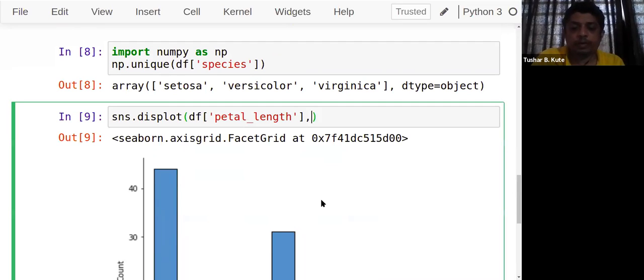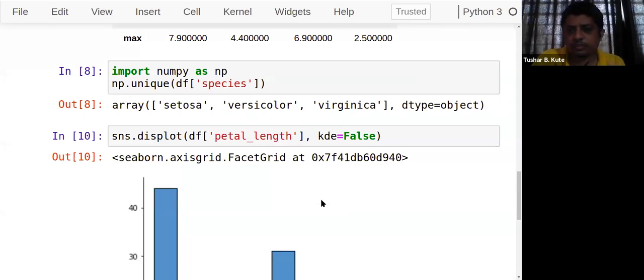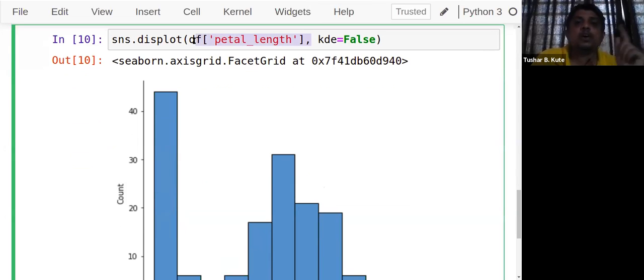And here there is one more parameter called kde that I can pass. It stands for kernel density estimation. By default its value is false. If I want to add it, I can just make it true, and accordingly it will perform the plotting. The histogram can be shown exactly the same way that we have followed, but here I pass a single column from the data frame. Accordingly we can change it. I want this one, or I want sepal length.